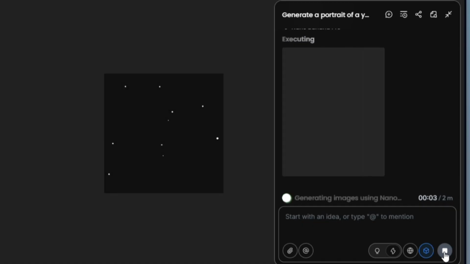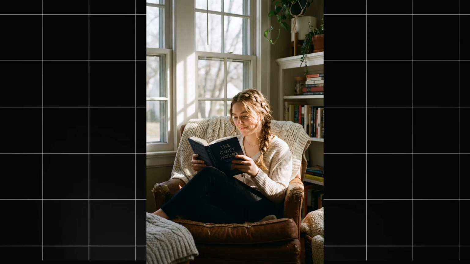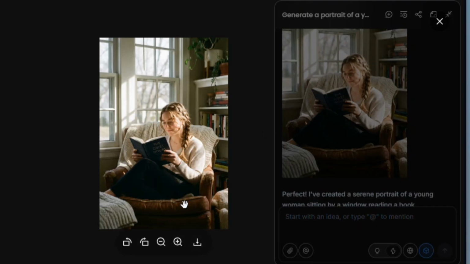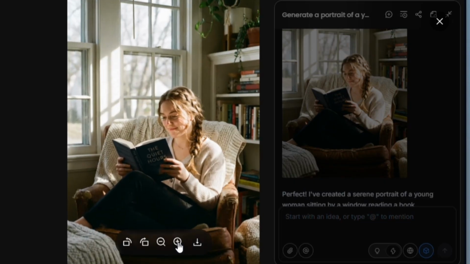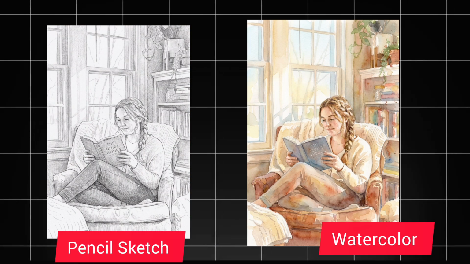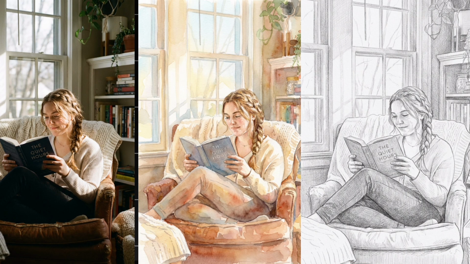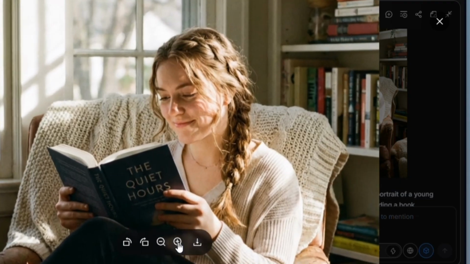Now, one limitation while using Love Art is that you cannot choose your aspect ratio, which is a bit restrictive, but the output is absolutely gorgeous. Once the base prompt was generated, I tested style translation by uploading the base image, and I generated about two alternative styles, which are watercolor and pencil sketch. The results were absolutely consistent. Same face, same pose, same lighting logic, different artistic styles. Nano Banana Pro handled every style flawlessly.